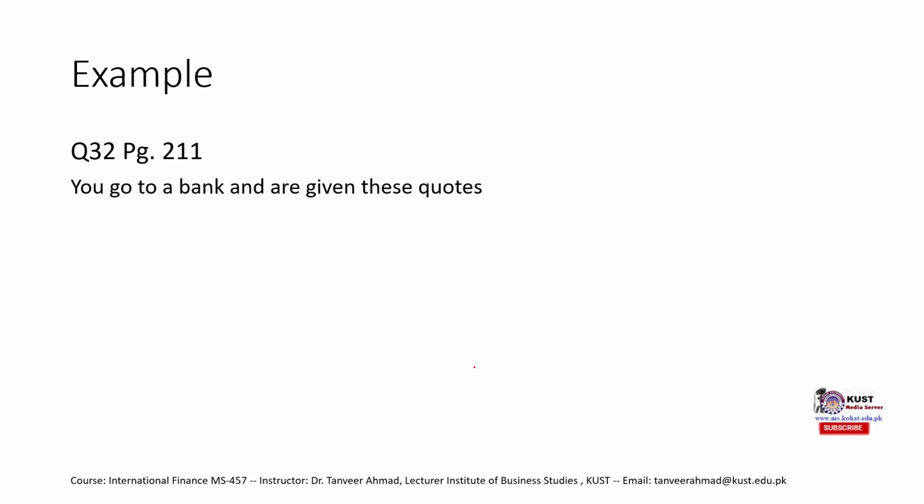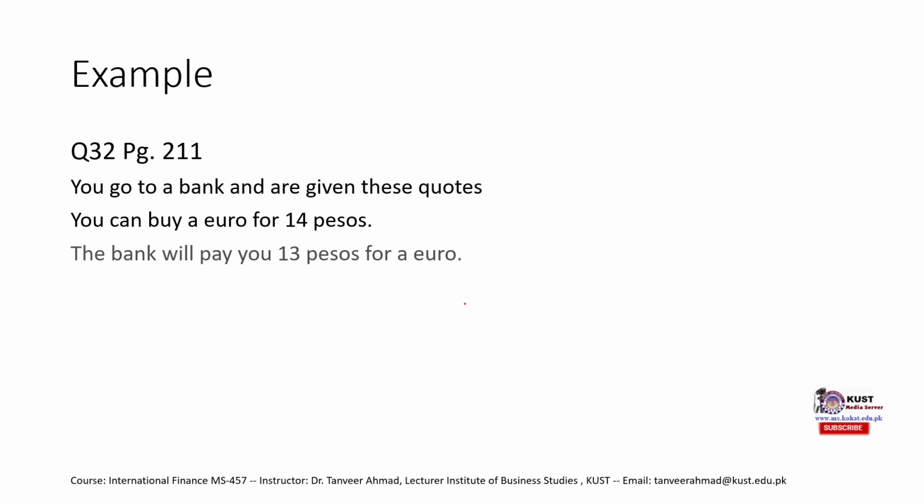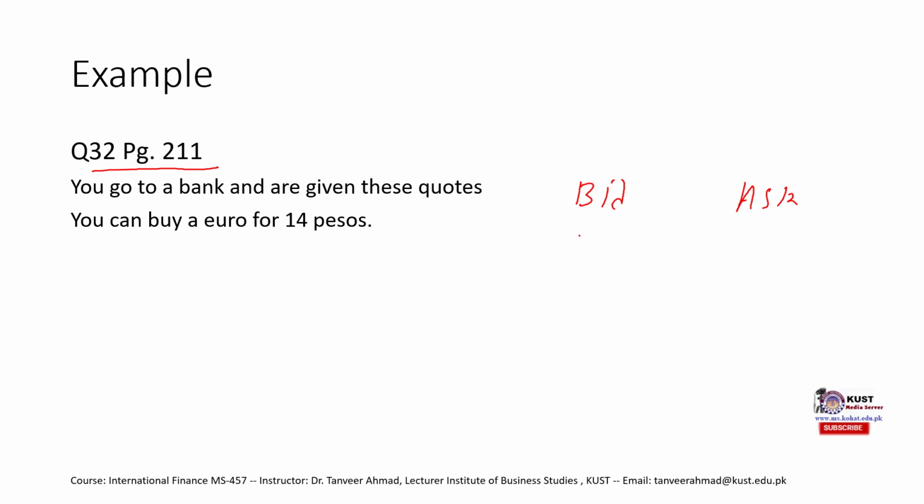Okay, one last question. I am just going to discuss it over here and I would leave it for you to solve. It is question number 32 on page 211 of your book, which is International Finance by Jeff Madura. In this specific question, we are not explicitly given the ask or bid price. Rather, we are given statements that we need to convert into bid and ask prices. So what you need to do is form two columns. One is for the bid price and the second is for the ask price,